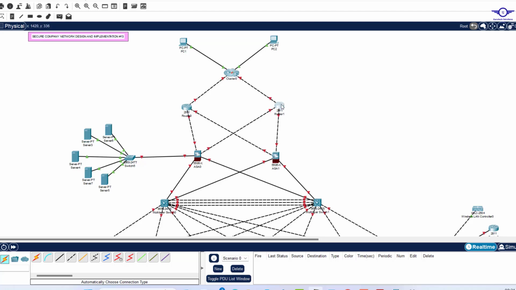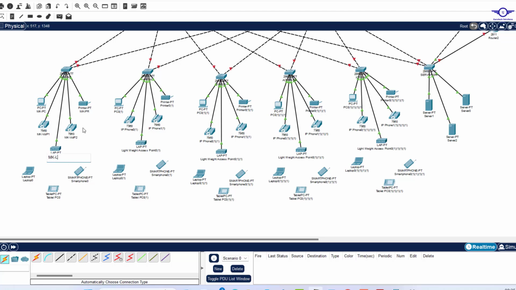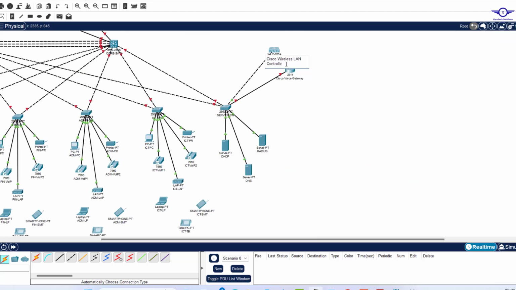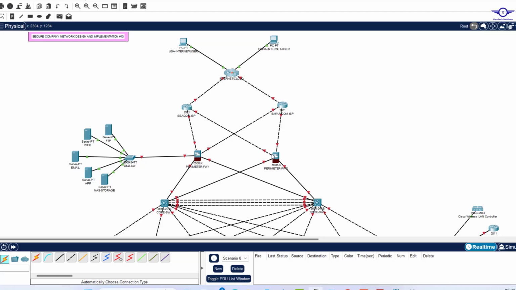All right, so I'll just do that very, very fast to save time. Okay guys, so I've managed to name all the devices in the network,